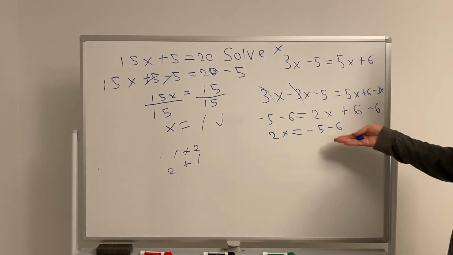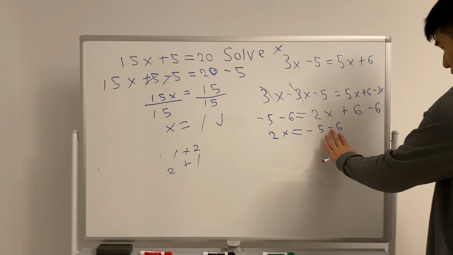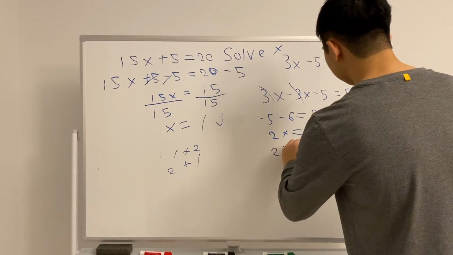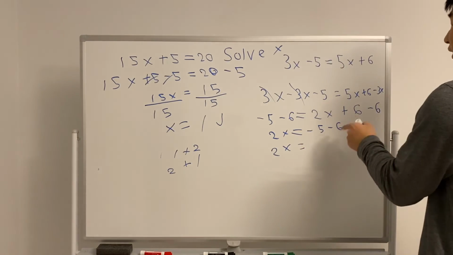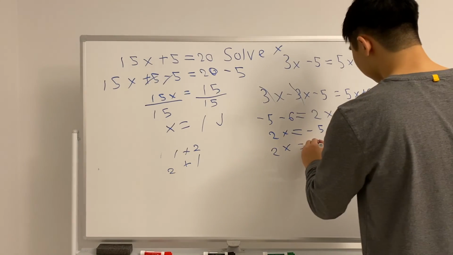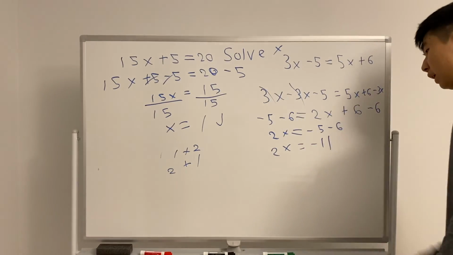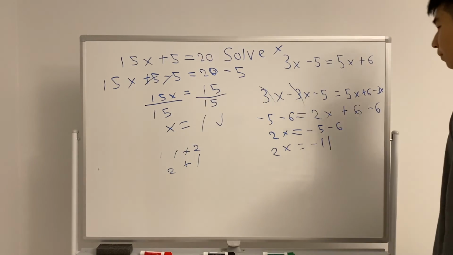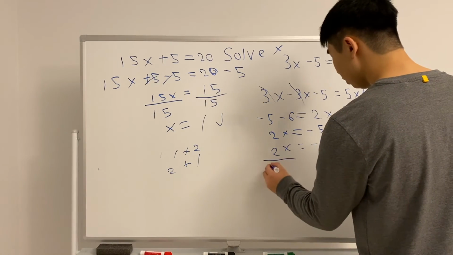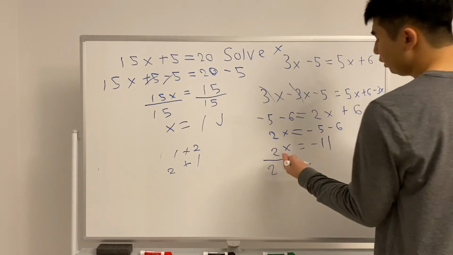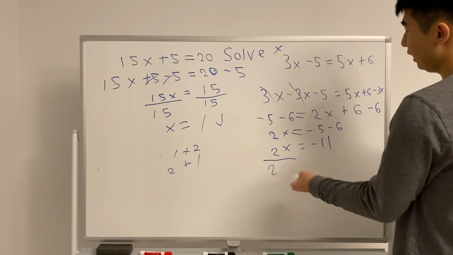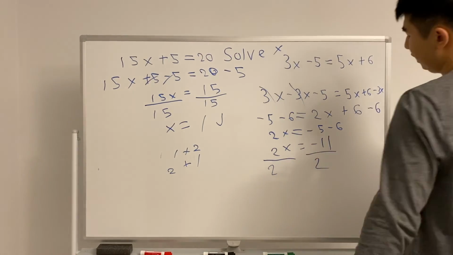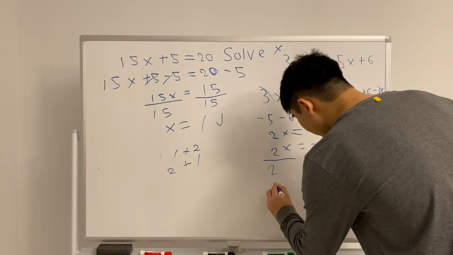So 2x equals -5 minus 6. So I want to solve for this. I want to perform the equation. So 2x equals -5 minus 6, which is -11. Right? And now I want to isolate the x. So since it's being multiplied by 2 right now, I want to divide by 2. So since I'm dividing by 2 on the left side, I have to do the same thing to the right side. So -11 divided by 2. So therefore, x is equal to,